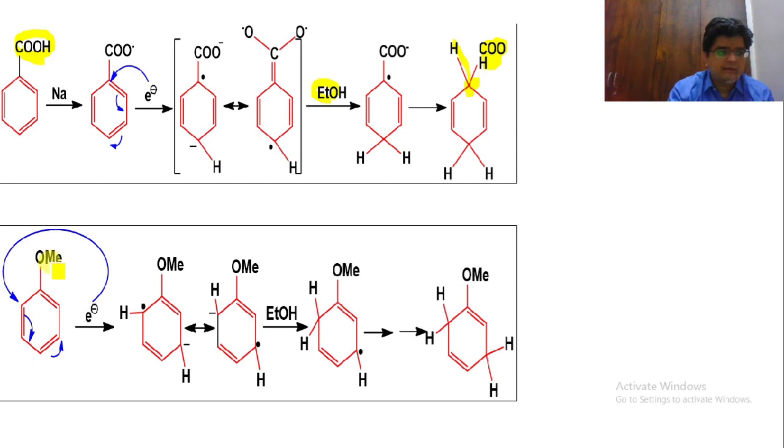Now when we are having an OMe or any other CH3 group, or we can say an electron donating group, this electron will attack over here, this will migrate over here, and this will make a negative charge over here. Again we are having a free radical as well as the negative charge. Now this will be attacked by the ethanol, so you can have a hydrogen over here. Again we are having a free radical that undergoes Na plus electron minus, that will have a negative charge over here. Then by the reaction of ethanol, it will have a hydrogen.